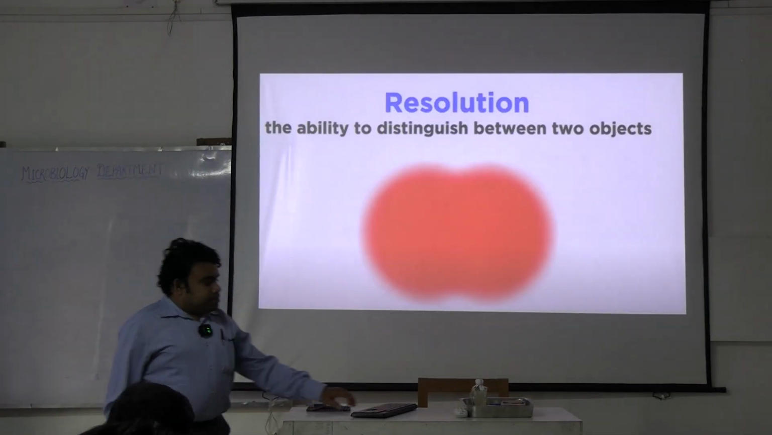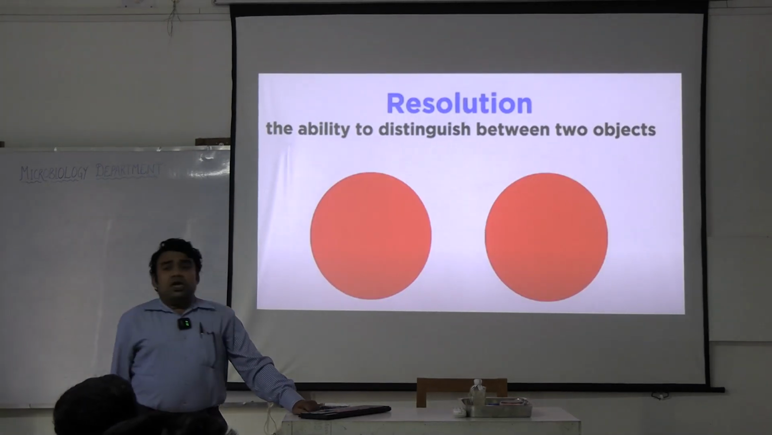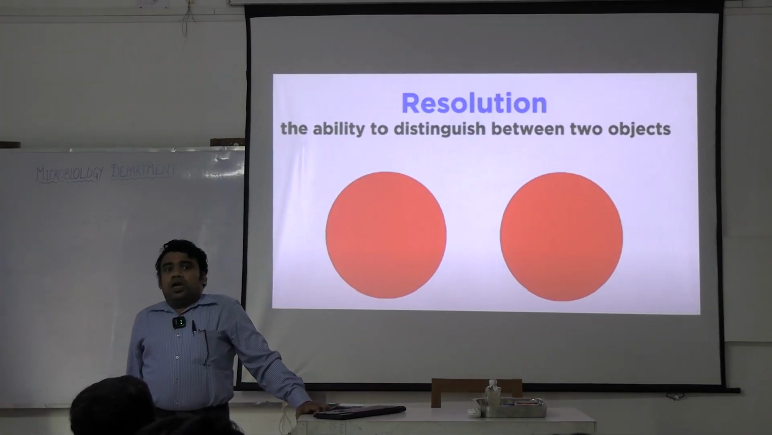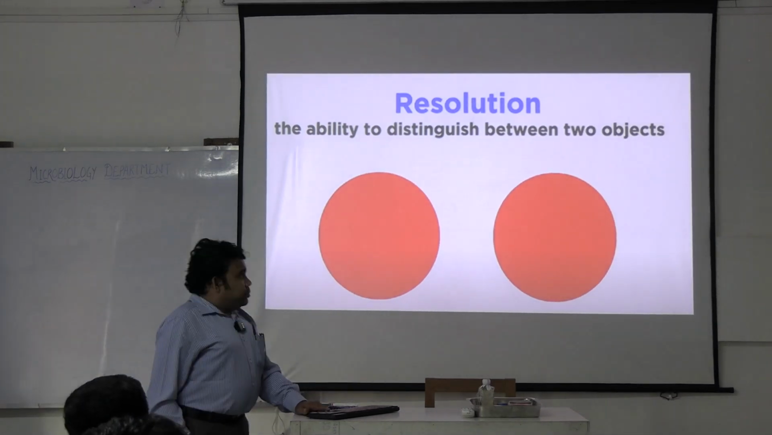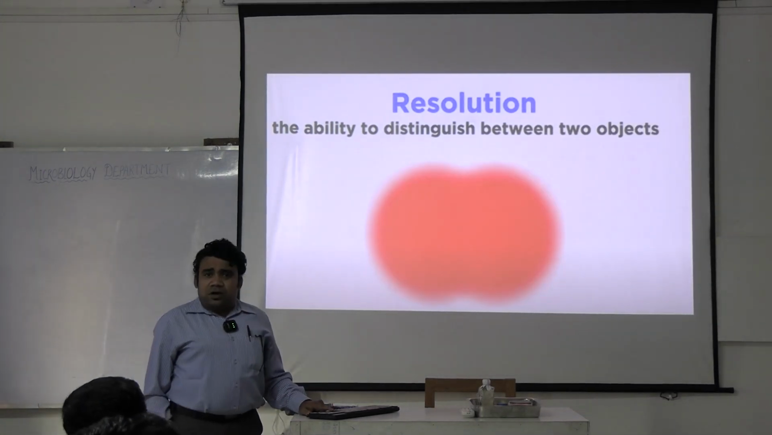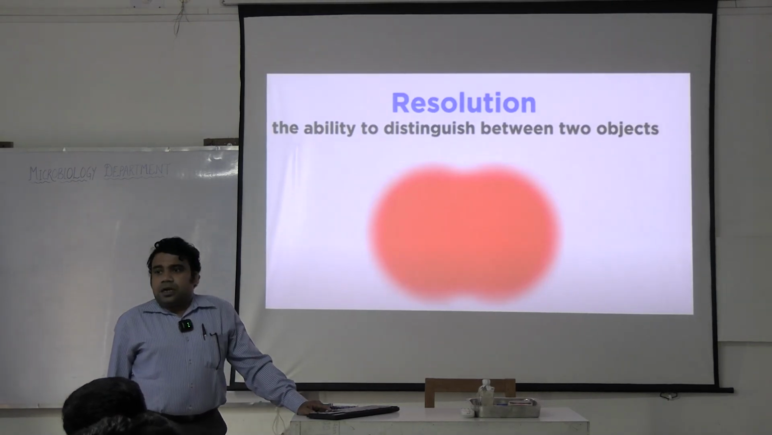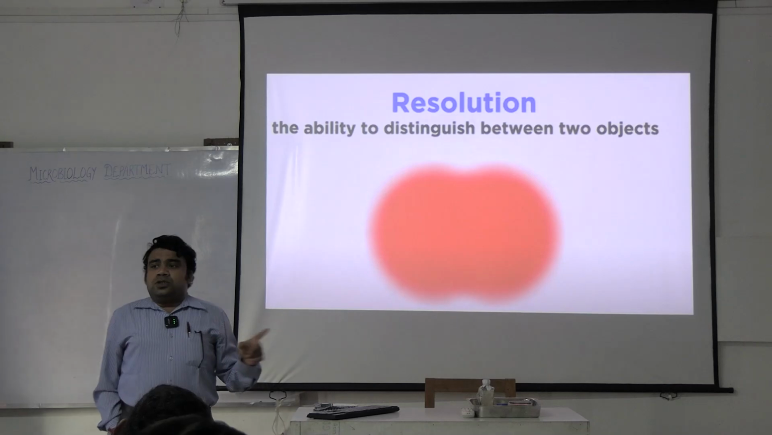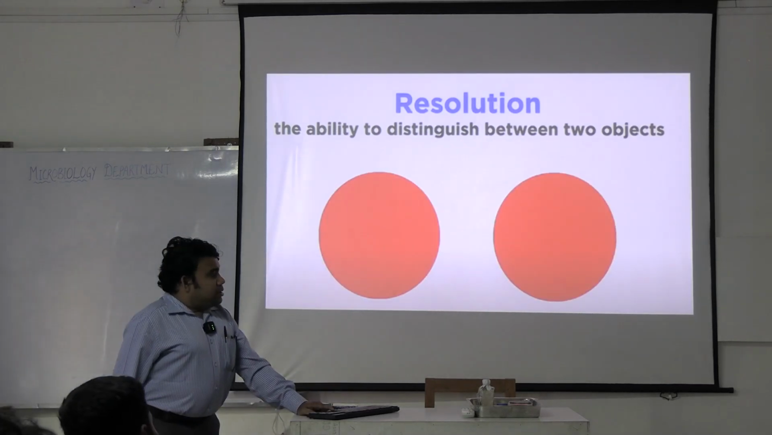Thereafter, a very important concept came about, what is known as resolution. Don't try to get into the depths of what it is, just try to look at this picture. These two pictures. What is the fundamental difference between these two pictures? In this picture, the two dots are overlapping, whereas in this picture,